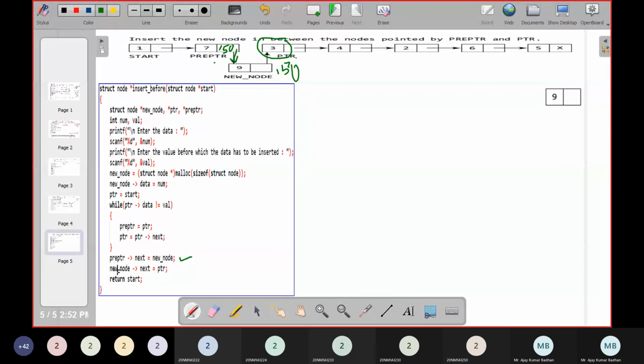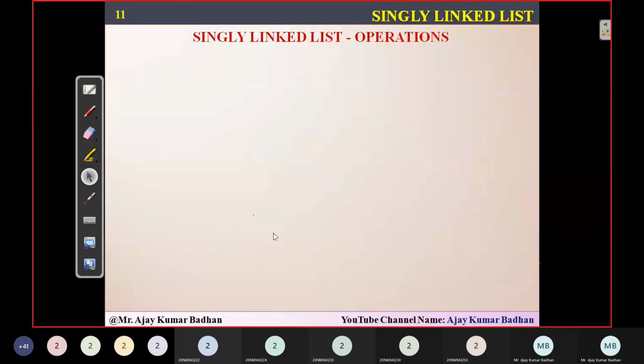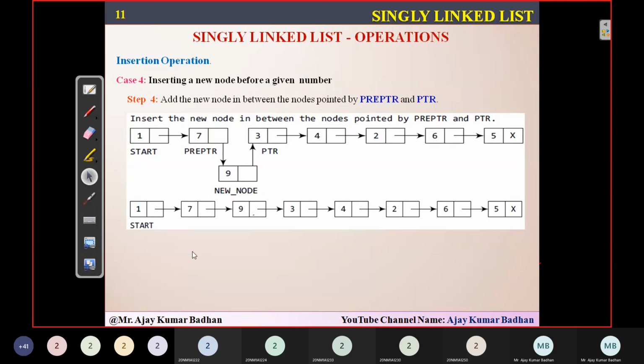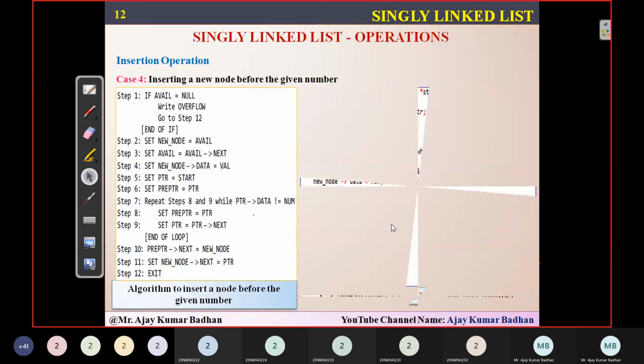You can see it graphically here, pointer and pre-pointer initially here. So we'll be removing. You can see pointer has come up here. We have done the looping statement, and then finally you are trying to insert the value here. How to insert is pre-pointer next equal to new node, new node next equal to this particular pointer. And finally, you got the statement. So this is how we exactly do it. Okay, and that is the previous code we are seeing.